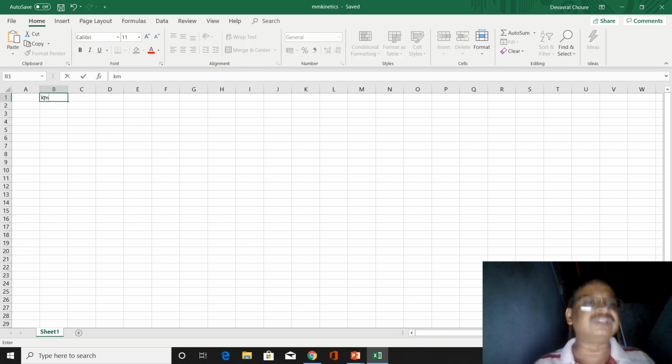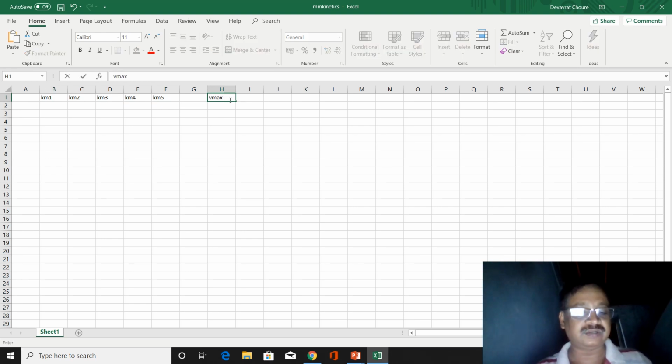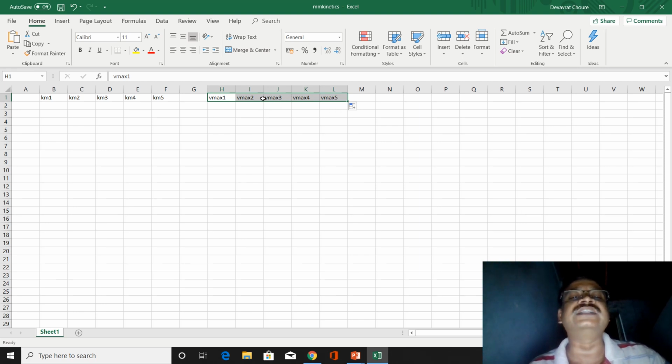I practiced this earlier, therefore this Km I will define first, Km1, and this Km2, because I want this for multiple Km up to Km5. Here I will go for Vmax1, and this I want for multiple Vmax values, therefore I will use this Vmax2. And when I select these two cells, at the right bottom corner there is a dark square, and when I drag this dark square to the desired cell numbers, I get those cells autofilled, and this 1 2 3 4 5 is automatically incrementing.